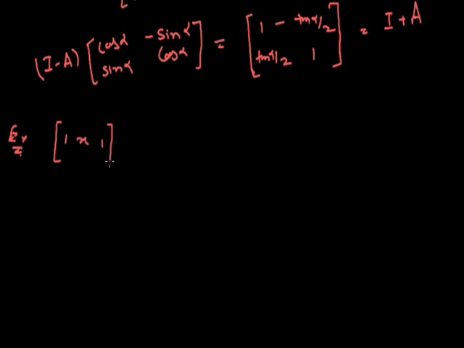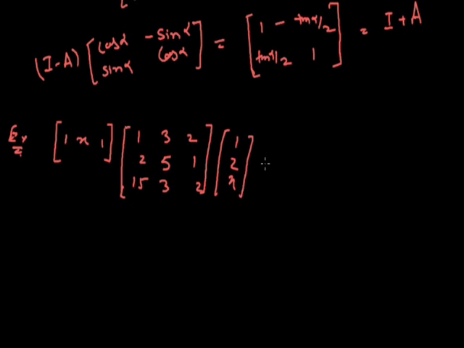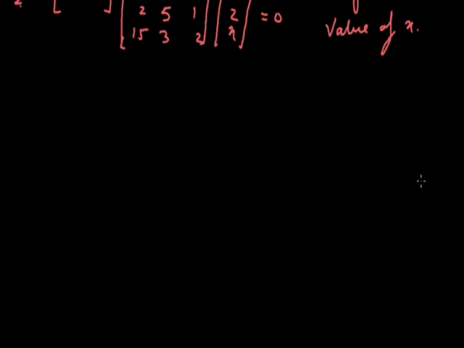Now the next question is: the matrix product 1 x 1, 1 3 2, 2 5 1, 15 3 2, 1 2 x is equal to 0, then find the value of x. Now solution, we have